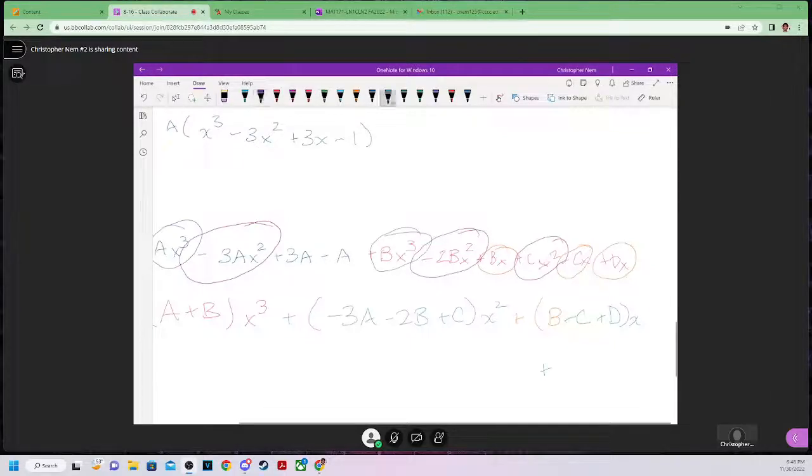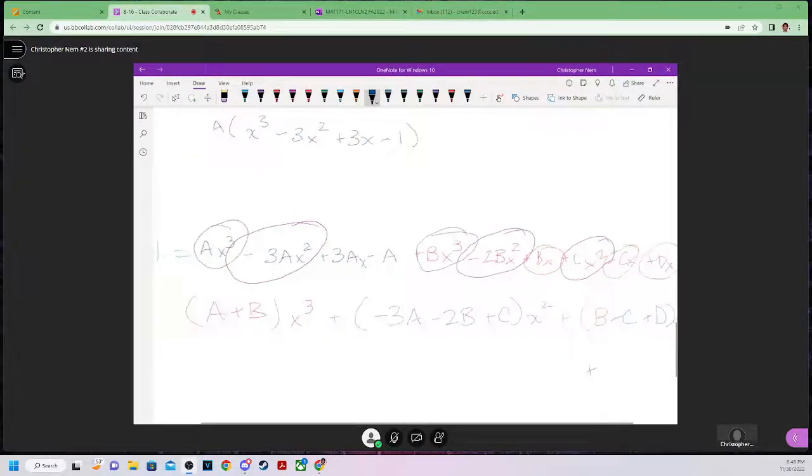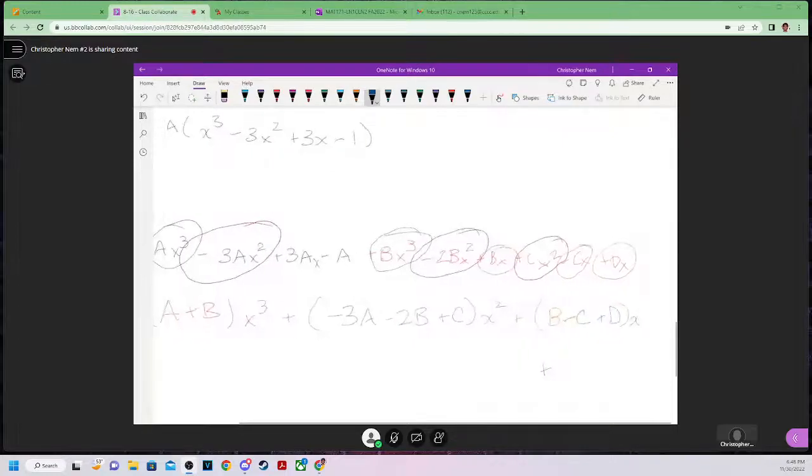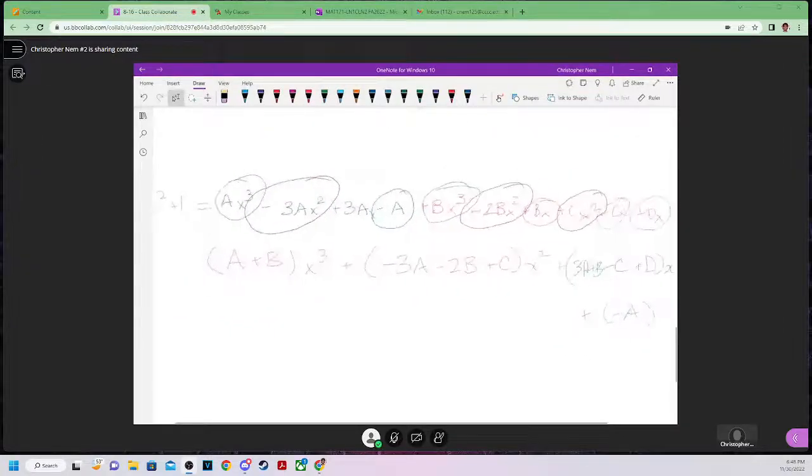So there was a small mistake, but it didn't mess up our problem. This should have been an ax right there. We already covered that, but it's perfectly fine now. So I should have had this right here. Fix this up. This should have been 3a plus b. And then the last component is your constant. This is the constant right here, so it's plus negative a. That's our only constant. And this is all equal to